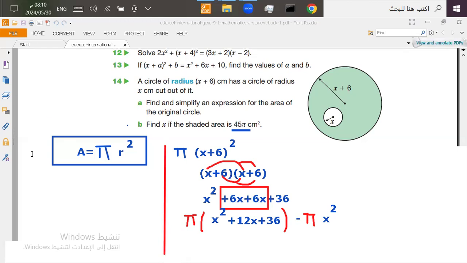When we take the pi as a common factor outside, this is the idea: here in this group, x multiplied by the bracket, sorry, pi multiplied by this whole bracket, and pi multiplied by this whole thing. It means we take the pi outside as a common factor, then open a bracket inside and write what I left in each group and the signs between them. Okay, for this group we write it as a full quantity because this is what I left here, so x power of 2